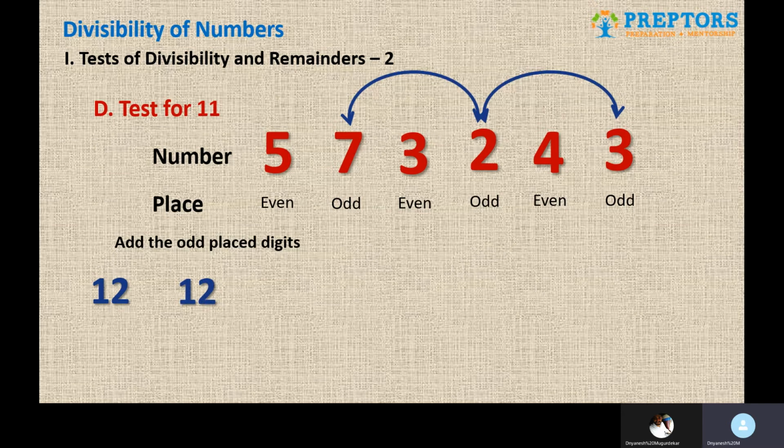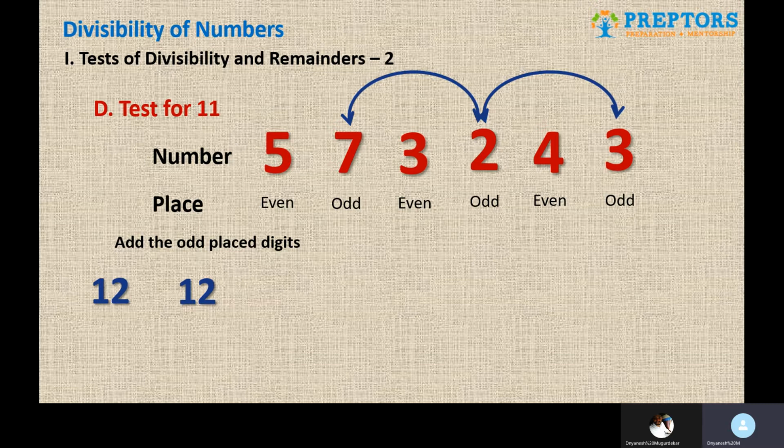What you are going to remember is, you add the even place digits and you add the odd place digits, and whatever their sums are, you take the positive difference of them. Mind you, I'm using the words positive difference. Positive difference is always higher minus smaller.